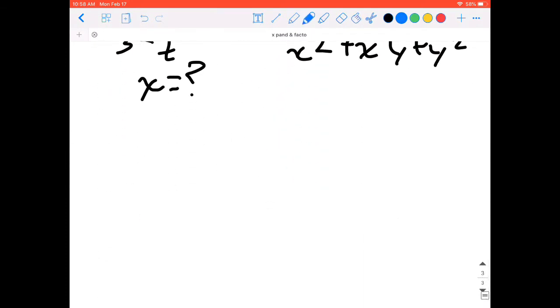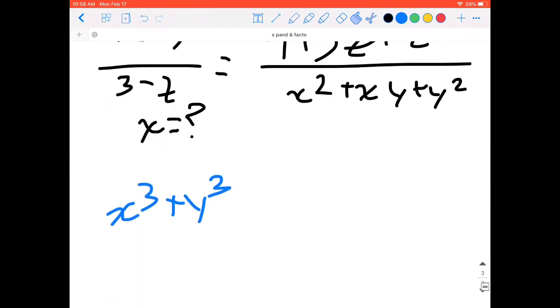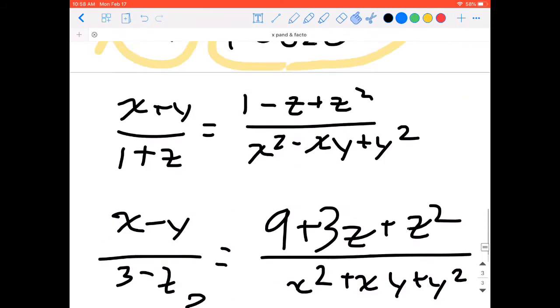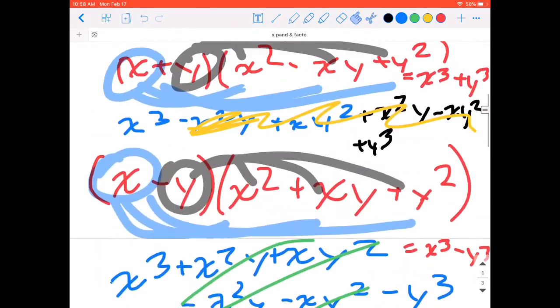Okay, so if we cross multiply, we get x cubed plus y cubed equals z cubed plus 1 cubed. And you might be like, well, how'd you know that? Well, because we know that x plus y times x squared minus xy plus y squared is the exact form of